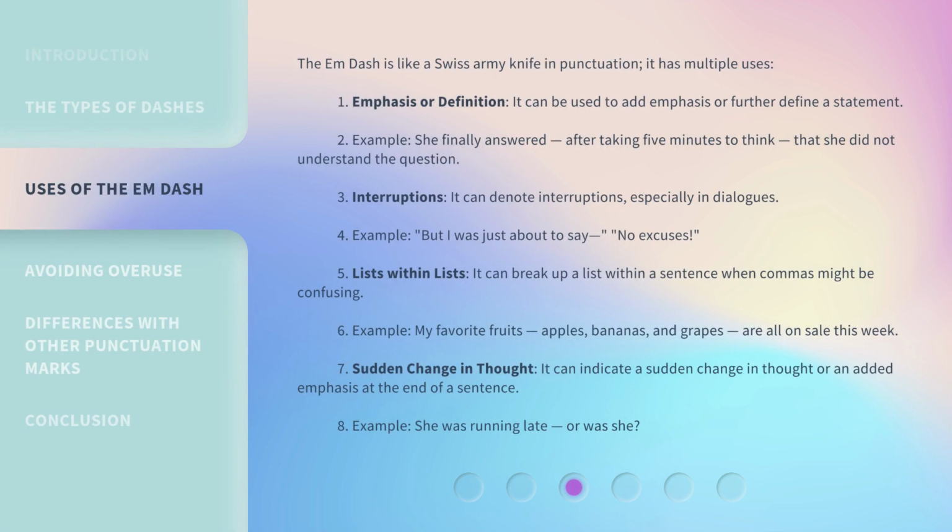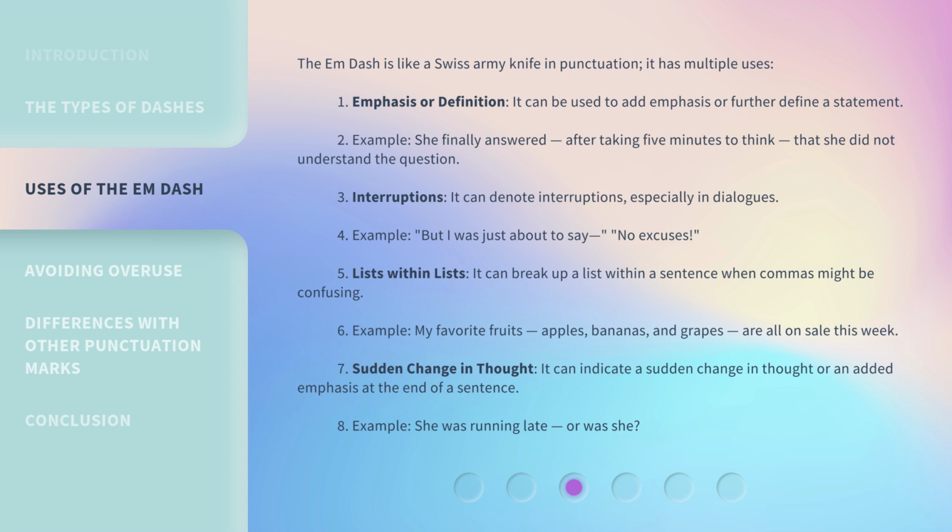The M dash is like a Swiss Army knife in punctuation. It has multiple uses. 1. Emphasis or definition. It can be used to add emphasis or further define a statement. Example: She finally answered, after taking 5 minutes to think, that she did not understand the question. 2. Interruptions. It can denote interruptions, especially in dialogues. Example: But I was just about to say